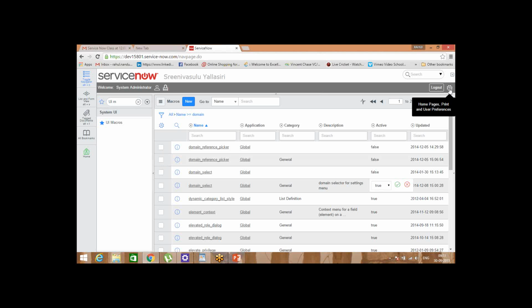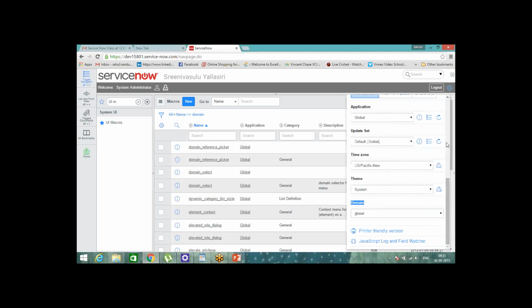Yeah, it's done. After that click on the gear icon. If you are not able to see that, log out and log in. You are not able to see the domain at the end, you can log out and log in and check again.